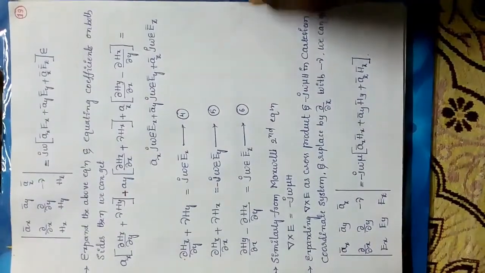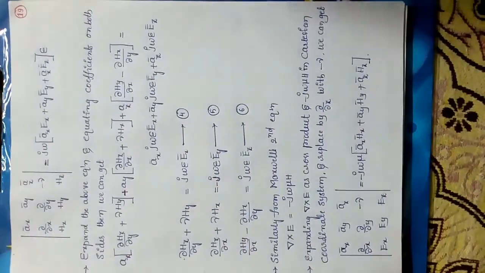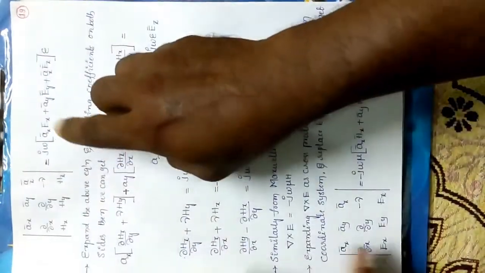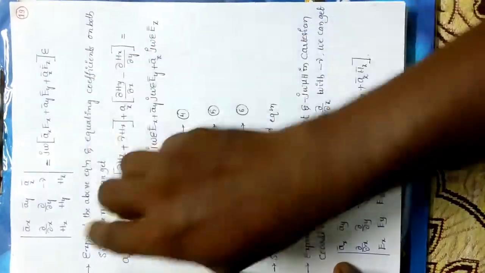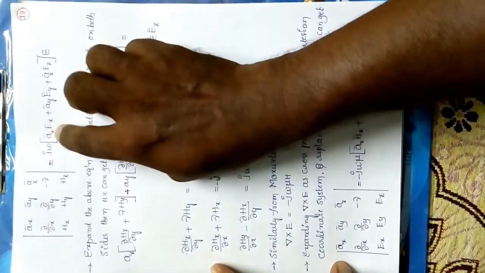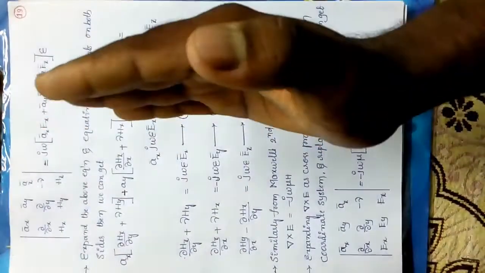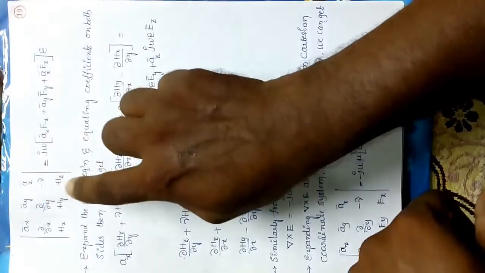Okay, next, the continuation of the impossibility of transverse electromagnetic wave in rectangular waveguide. The continuation of the last lecture, we already saw up to here. Next, I'm separating the ax, ay, az. Here also I'm separating the ax term, ay term and az term. After separating the LHS and RHS, I'm equating the identical terms, that means ax term with ax term, ay term with ay term, az term with az term.